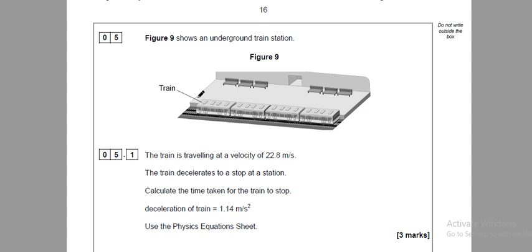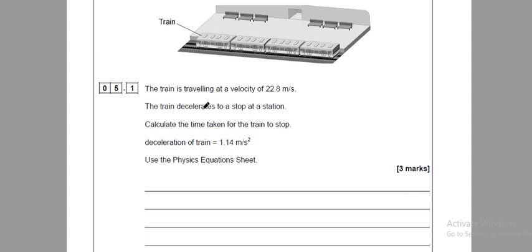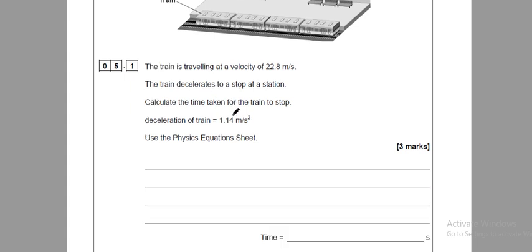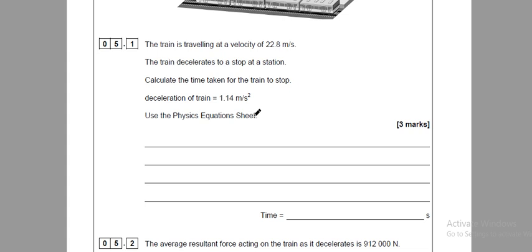The figure shows an underground train station, with a train traveling at a velocity. The train decelerates to stop. Calculate the time to stop, and the deceleration is given. So we know that a equals delta v over t, so t will be equal to delta v, which is